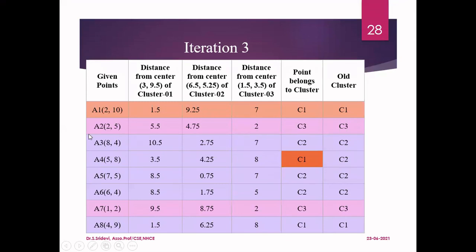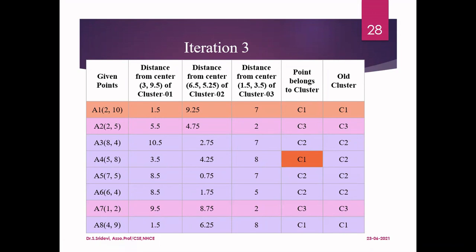Then again, you take all the 8 points, find the distance of those points from the newly formulated centroids. You can see here, I have updated the centroid. From the distance, now see the points are closer to which particular cluster. If you consider this, with respect to the previous slide, I have given the old cluster arrangement in the last column. And for the new arrangement, this is the clustering. If you consider this, the point number A4 is now closer to cluster 1 because that is with minimum distance 3.5. So I will say that point belongs to cluster C1.